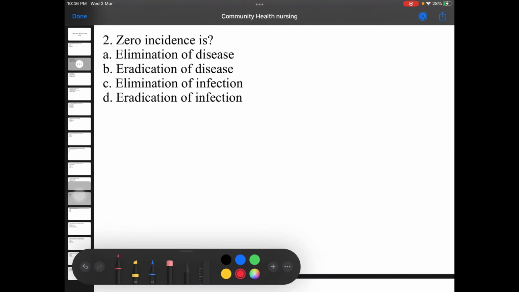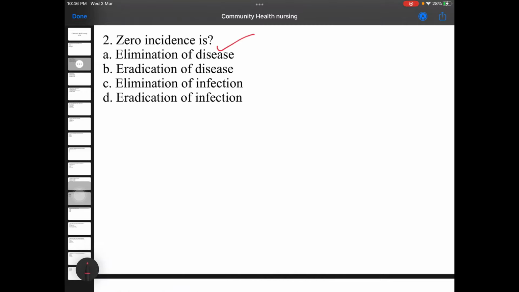Question number 2. Zero incidence is: option A, elimination of disease; option B, eradication of disease; option C, elimination of infection; option D, eradication of infection. So zero incidence refers to the elimination of disease. So the correct option here is option A. And first of all, we should know what is the meaning of elimination of disease. It refers to the